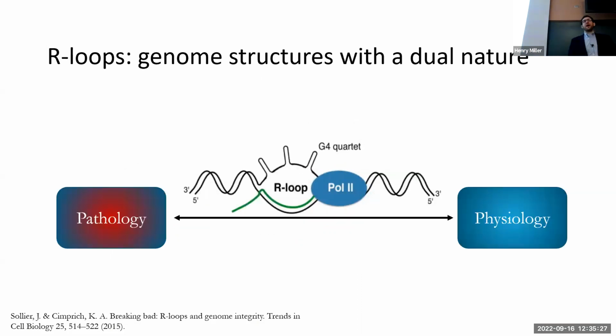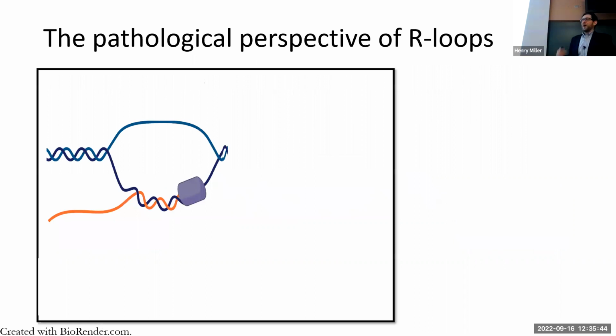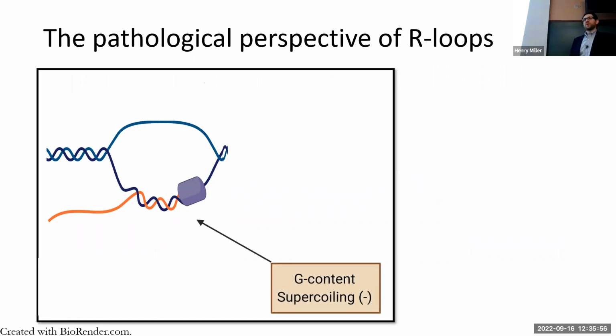R loops are typically studied either in the context of their pathological consequences or in the context of their physiological roles. And so I'm going to jump right into talking about the pathological context of R loops because it is the most well-studied to date. So the pathological context is particularly interested in attempting to understand the balance between R loop formation and R loop resolution. So the factors that promote R loop formation include those such as negative supercoiling, also known as negative superhelicity,